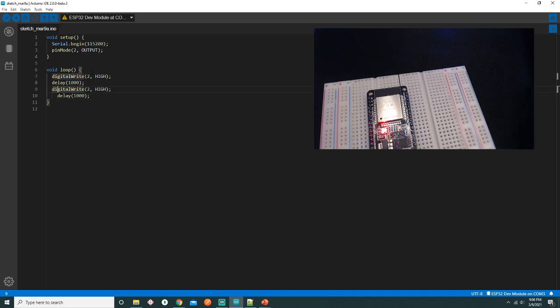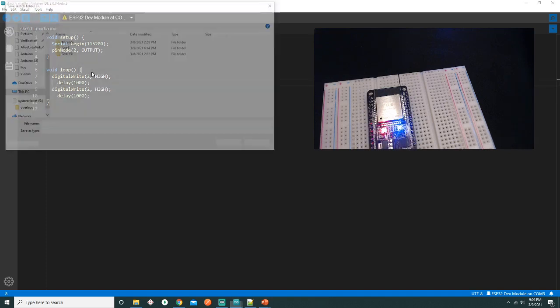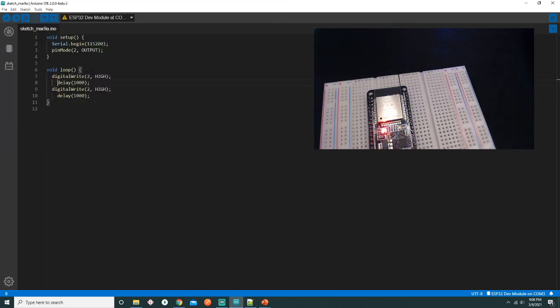Let me try this Control T thing once again. No, it is not working that effectively.